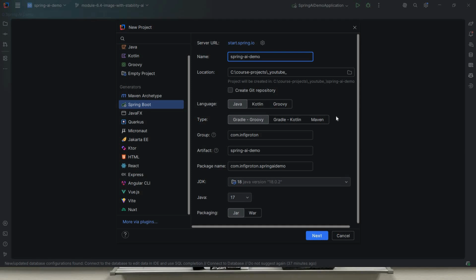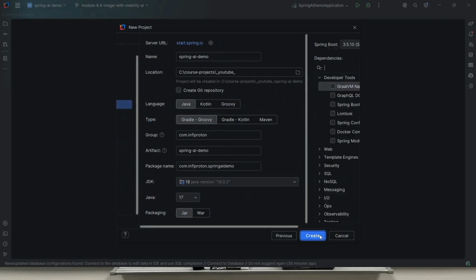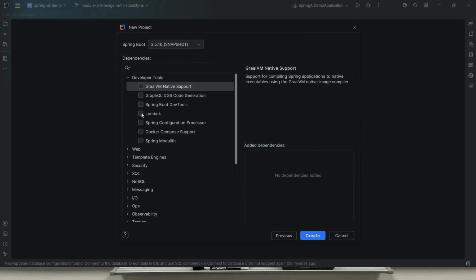Let's start by creating a new project. In IntelliJ IDE, choose new project, give it a name, choose Java version. I'm using Gradle as a build tool. Click Next. From the components, choose Lombok, Spring Boot DevTools,